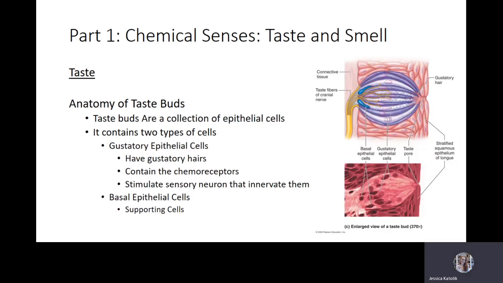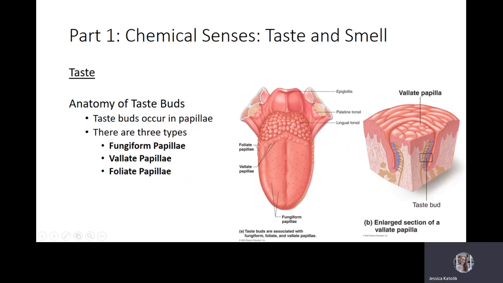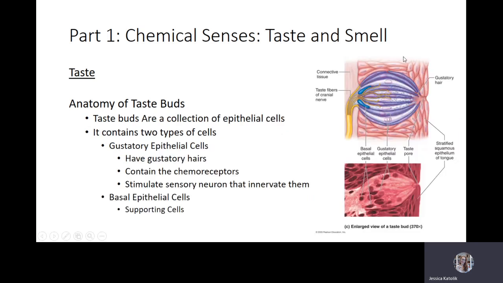So let's look at the taste buds in a little bit more detail and look at their structure. We are going to be looking at one of these little blue structures, and we've zoomed in over here. Taste buds are composed of two types of cells: a receptor cell and a supporting cell. The receptor cells are going to be these